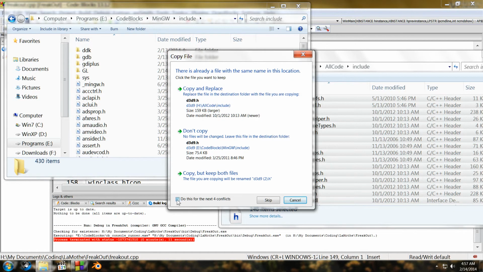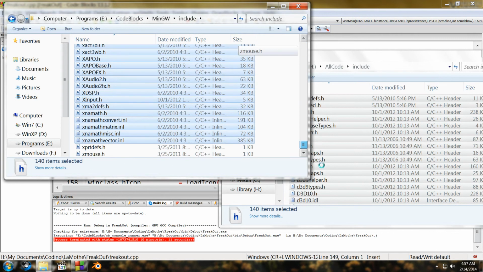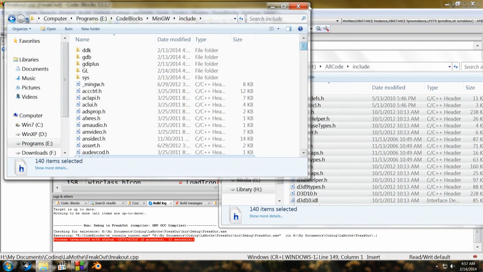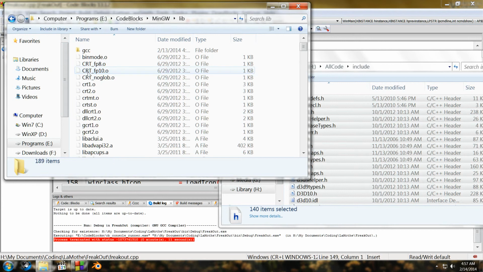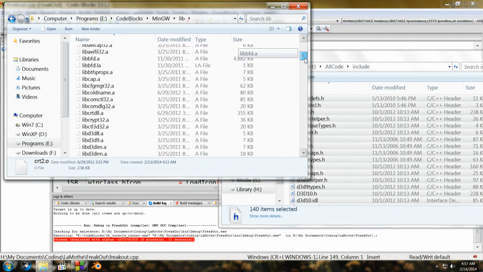I'm just going to copy and replace because I think these are all updated. I spent a lot of time working on them and updating them, so the files that I have are newer and better, I think. Now I have to reboot, turn off the thing for Code::Blocks again, but here's your problem. When you get to library, because it's MinGW, apparently, this is something else I read on Stack Overflow, they want